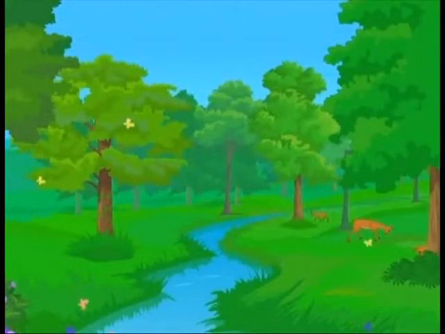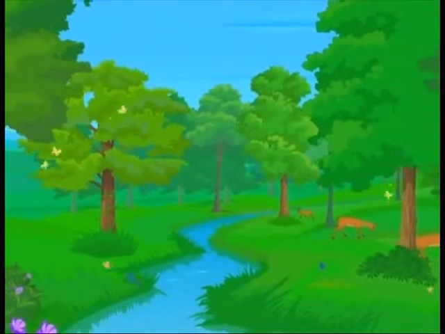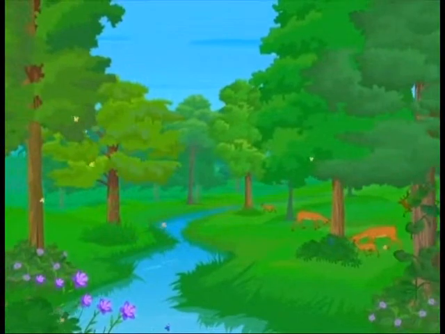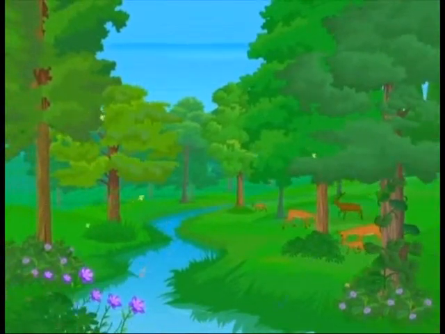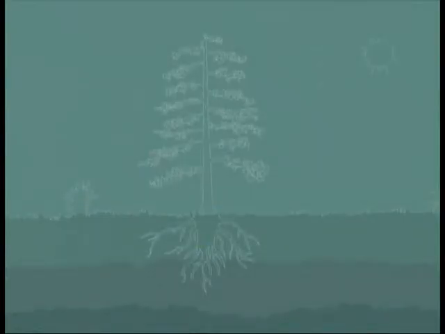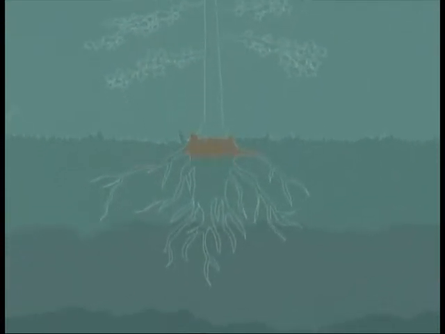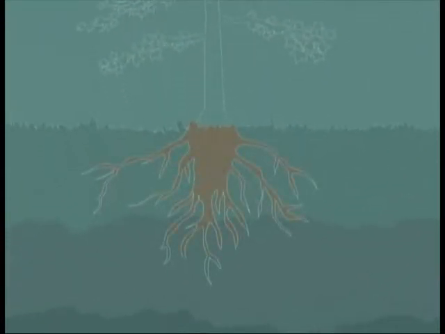Like all living things, deciduous trees and plants have special adaptations to stay alive. Summer is a busy time for deciduous trees. Their broad leaves capture energy from the sun and convert it to food by photosynthesis. Some of the food is used for growth and some is stored in the roots for next spring.